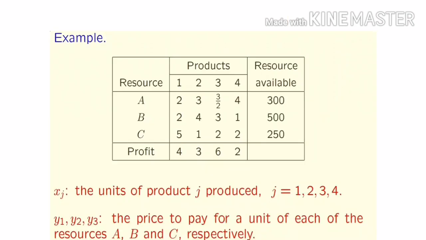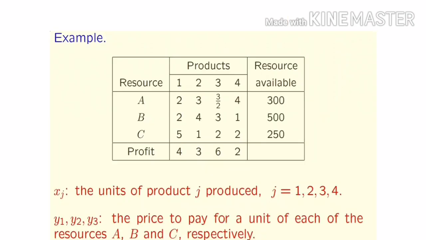Today we shall be studying duality in linear programming problem. Duality is one of the important features in linear programming problem. To every LPP there exists another LPP whose solution is somehow related to the original problem. The original problem is known as the primal problem and the new problem is known as the dual problem. Let us see how the primal and dual problems are related to each other, how their solutions are related to each other. Let us consider this example.